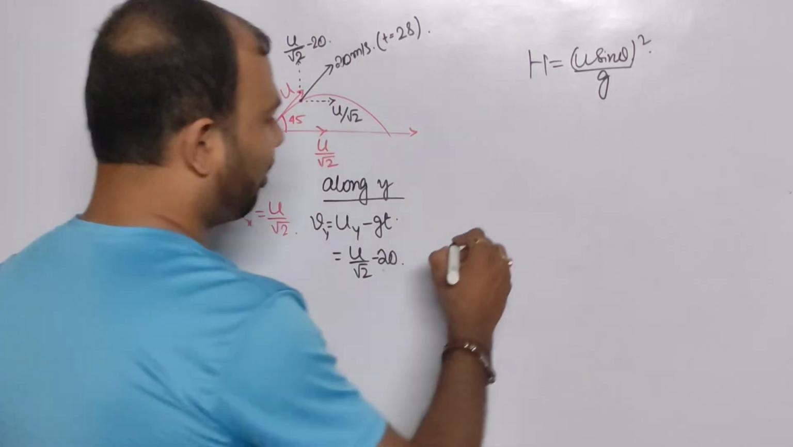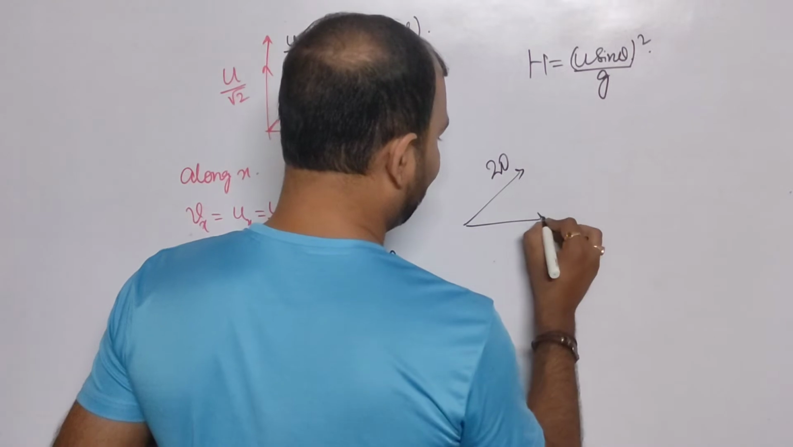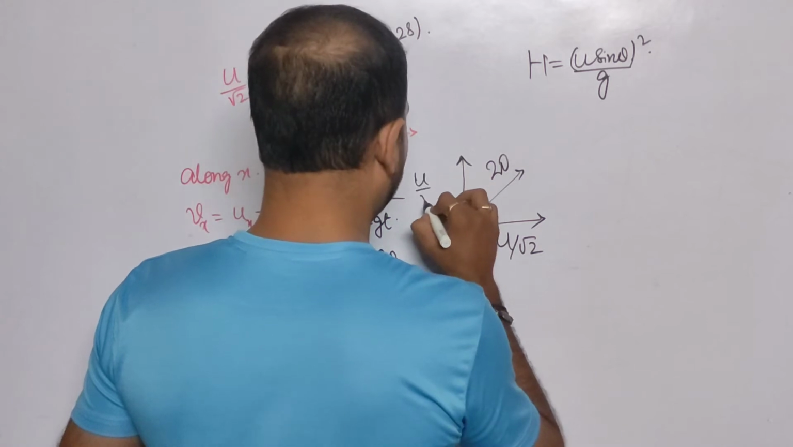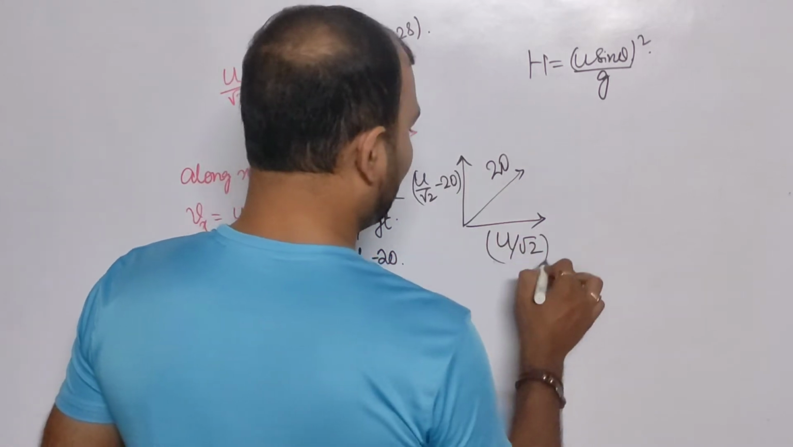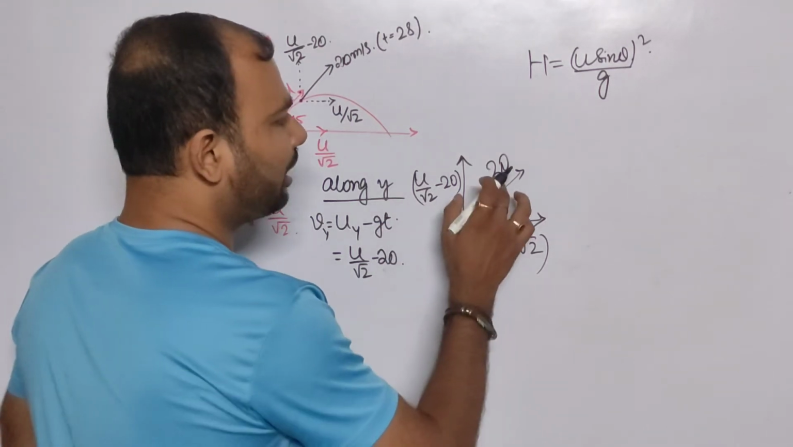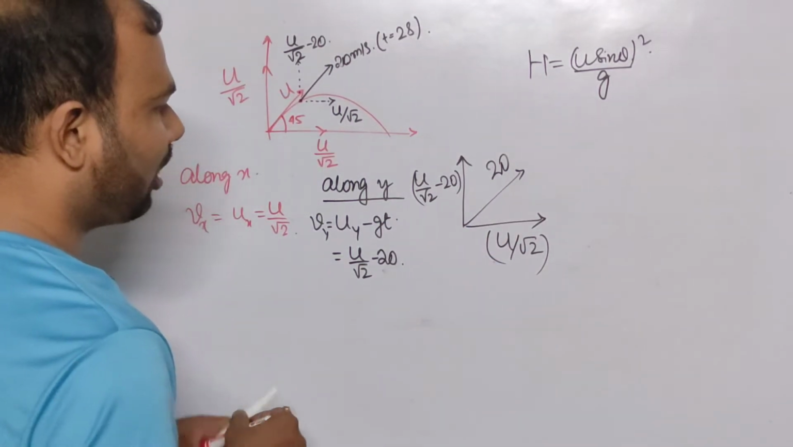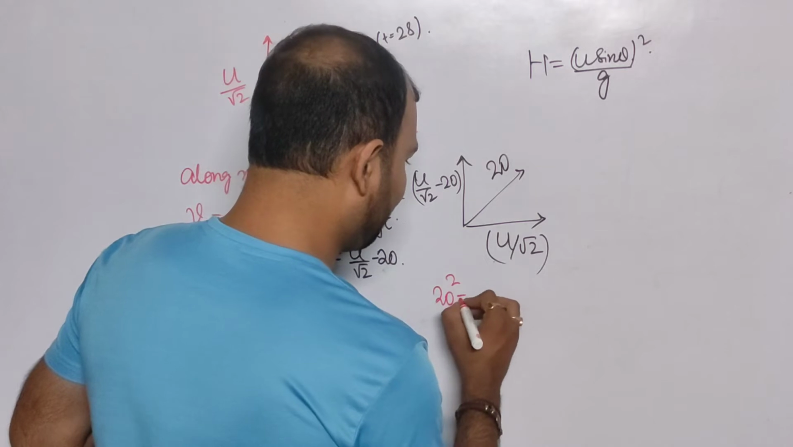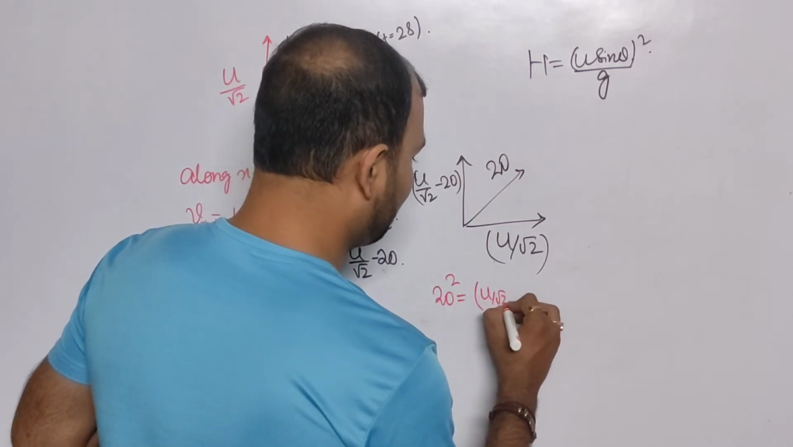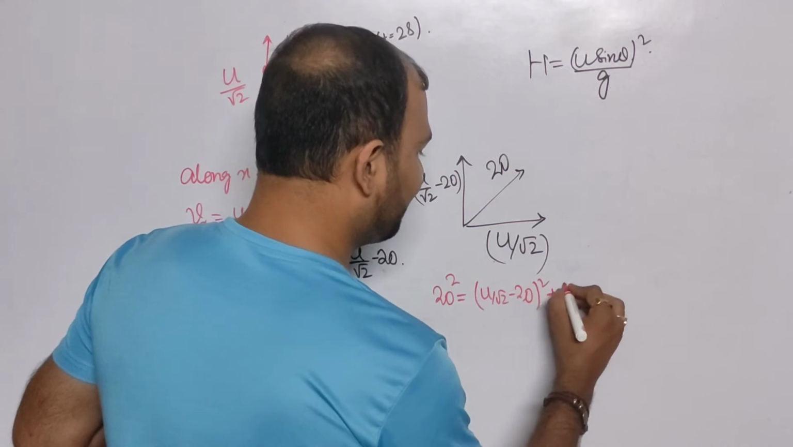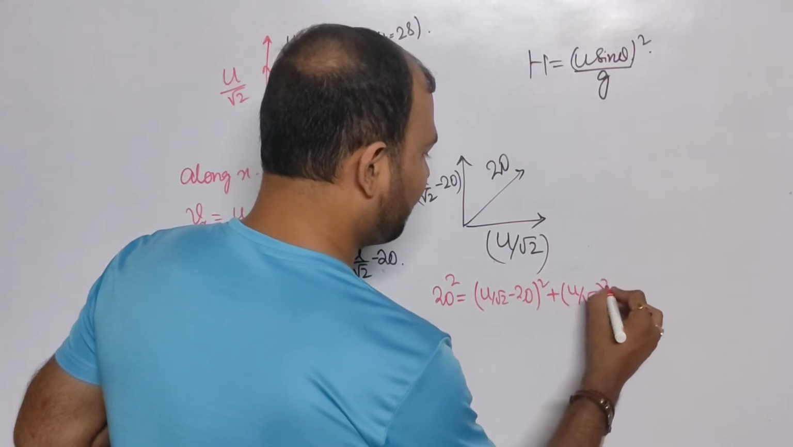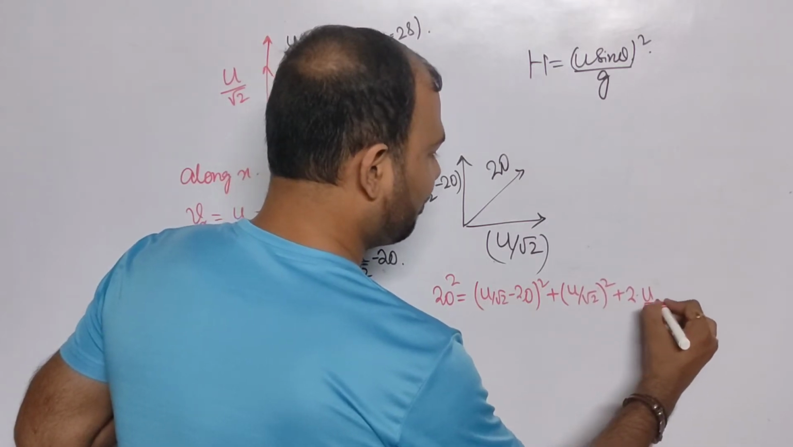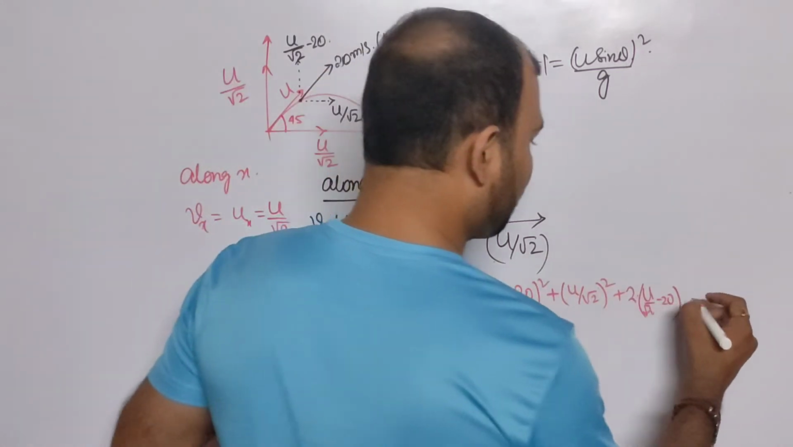I am going to draw the free body diagram. The horizontal component is u by root 2 and the vertical is u by root 2 minus 20. If these two vectors are components of this 20, then what we can simply write, and the angle between them is 90, is 20 square equal to (u by root 2 minus 20) whole square plus (u by root 2) whole square plus 2 into u by root 2 minus 20 into u by root 2 into this cos